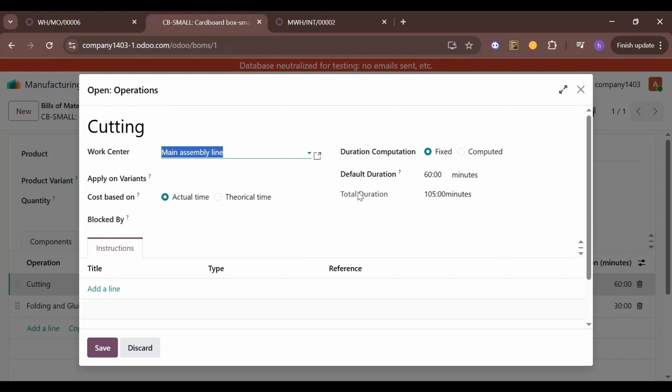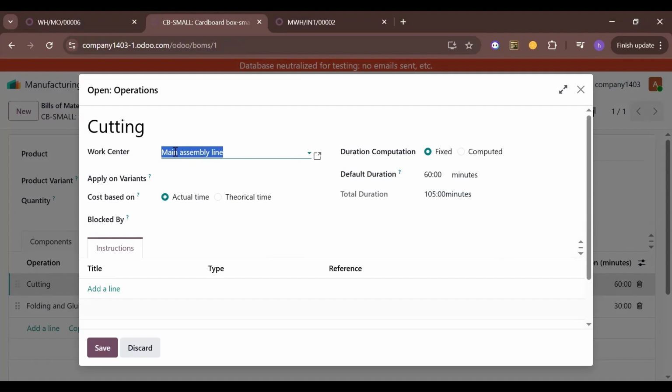This total duration actually includes two parts. The part related to the time required for the work center itself. If you remember, in the work center, we configured two types of times, the setup time and the cleanup time. And I think we configured the cleanup time for about 15 minutes and the setup time for about 30 minutes, something like that.